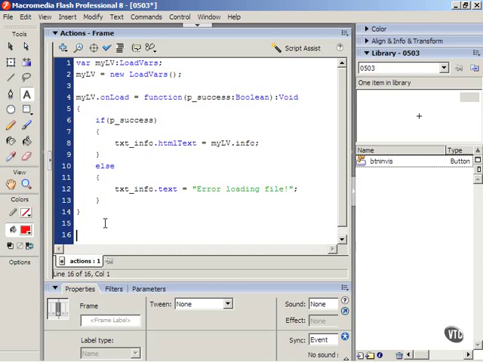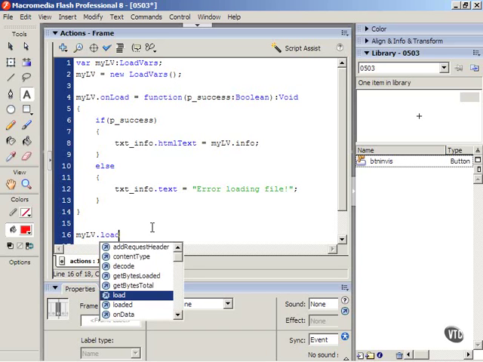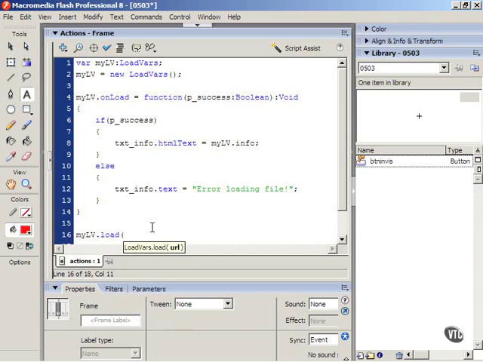Now we're actually going to load text from an outside text file into Flash using LoadVars. I'm going to go down a few lines from the end bracket we made in the last movie. Now I'm going to type myLV, capital L and capital V, .load, all lowercase, open parenthesis, open quotes, type